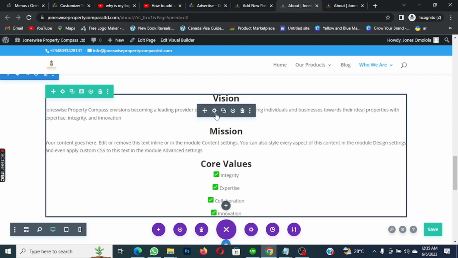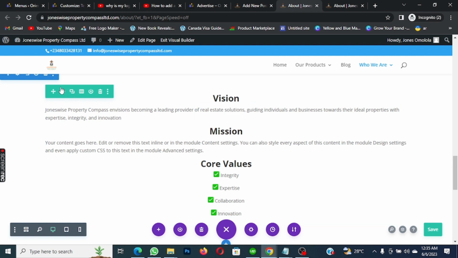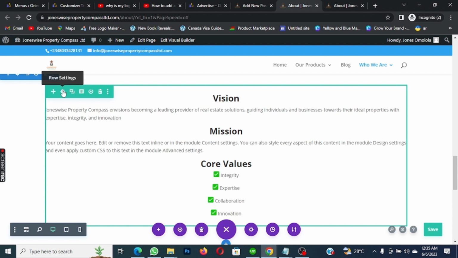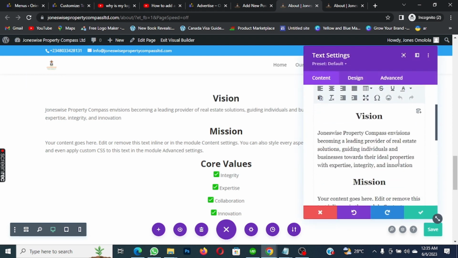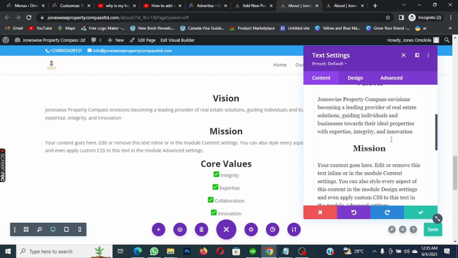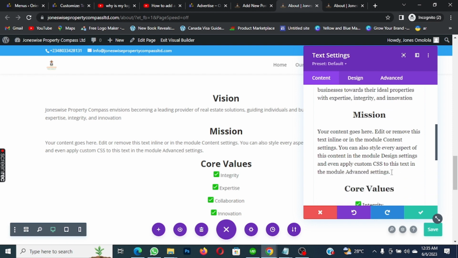So let me just try to point out a few things. For me to be able to edit this whole section, this point is called a section. All I will do is to just come to this button that looks like a gear button. So I will just click on it, then it will take me to where I will be able to edit it. So let me just add